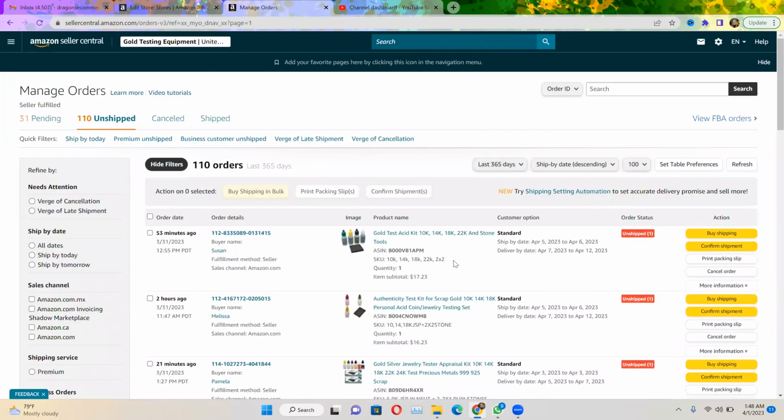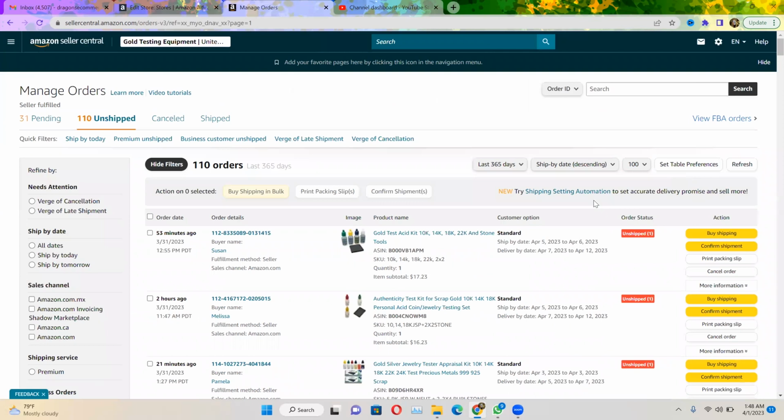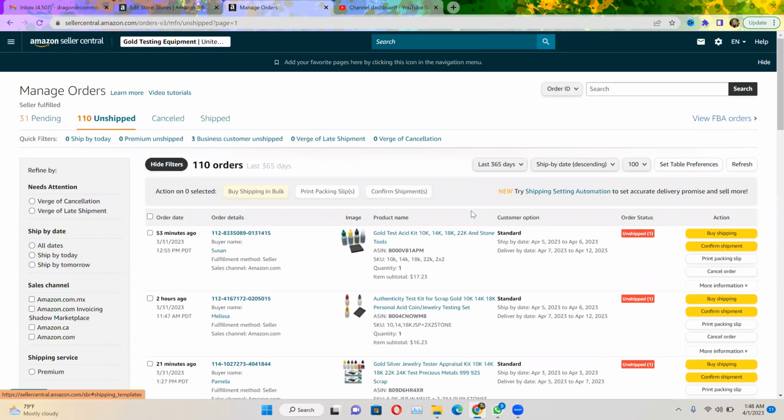Okay, see, these are the FBM orders. All orders that are showing here are FBM orders. And if I click on view FBA orders, these are all FBA orders. Amazon will ship these orders, but the seller-fulfilled orders, which are known as FBM orders, I have to ship them. For example, this is my pod, or this is your pod that you are selling on your Amazon Seller